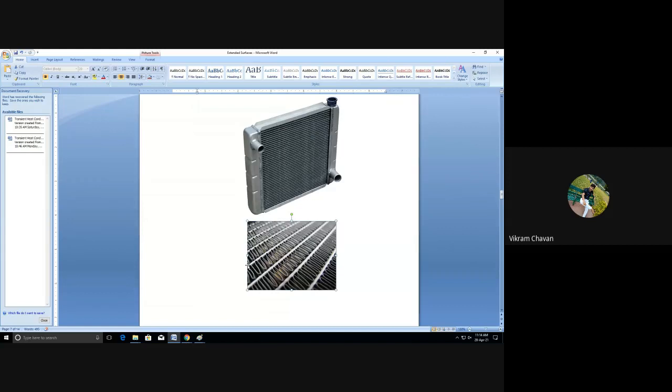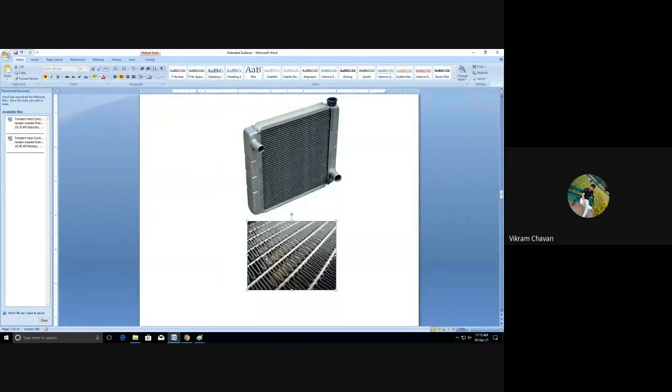So through this particular radiator, hot fluid will enter inside the tubes, and that hot fluid will transfer the heat to the tube, and the tubes will transfer the heat to the fins. Also the tubes are exchanging the heat with the surrounding. So here we are increasing the surface area. Space availability is very less, and we have utilized that space by attaching the fins to the tubes, and we have increased the surface area.